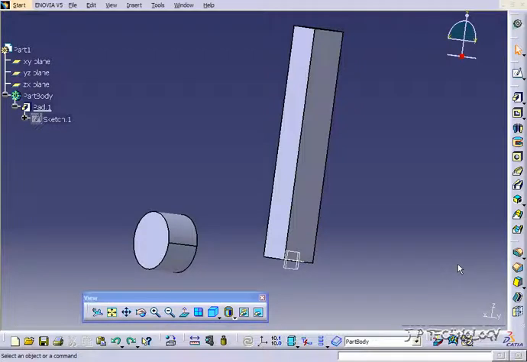This is tutorial number 64, and it covers how to use the draft angle feature within Catia V5. To start off, open up tutorial part number 64, which is located on the DVD. Now, the draft angle feature can be found in the toolbar over here, or if you go to click Insert,